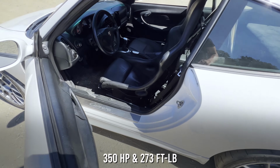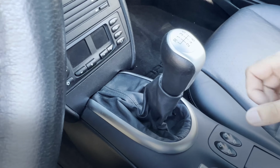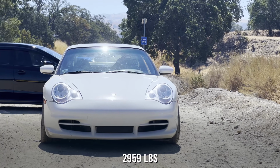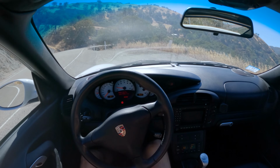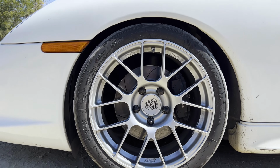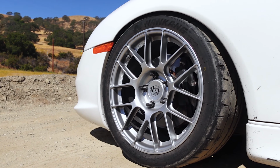It pushes out 315 horsepower and 273 pound-feet of torque. The car weighs right around 3,000 pounds, 2,959. And on this base level, I'm pretty sure it has an open differential, and I believe an LSD was only available to higher trims. In terms of mods, we have Apex EC7RS wheels wrapped in Nankang CR-S tires, PFC 08